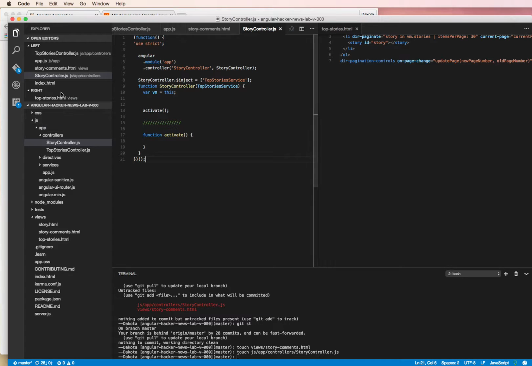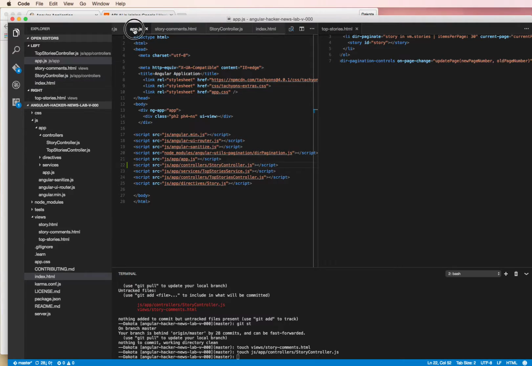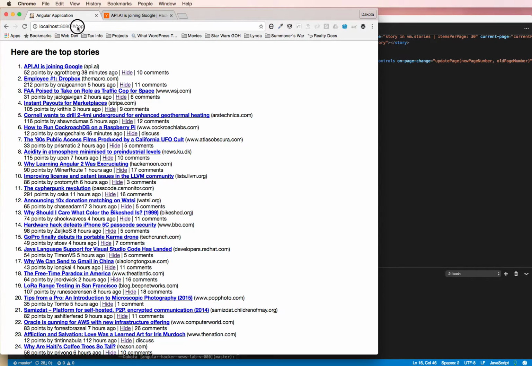Finally, we need to make sure that we have access to that. So let's open the index.html file, and right here we're going to add a script tag and link to that new controller that we just created, StoryController.js. Okay, save that. I think we got everything saved now. So now looking at the app.js file, we can see if we go to post?id, we now should be able to get over and look at,